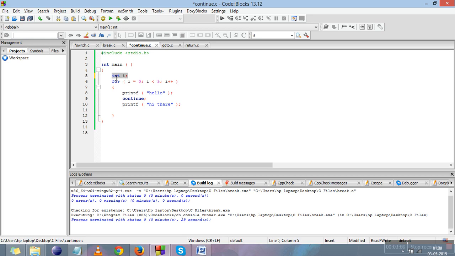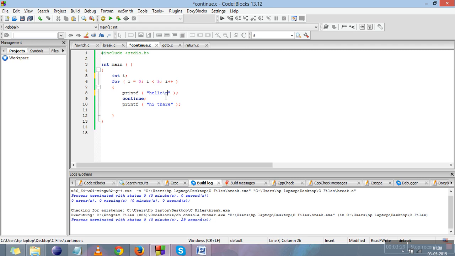We have declared a variable I, for I is equal to 0, I less than 5, I plus plus. So 0 less than 5, hello will be printed, and then continue here. When it encounters the continue, it skips the current iteration, which means that it skips every single statement written below it and goes on to the next iteration. It will move to here, update I to 1, 1 less than 5, then again print hello.